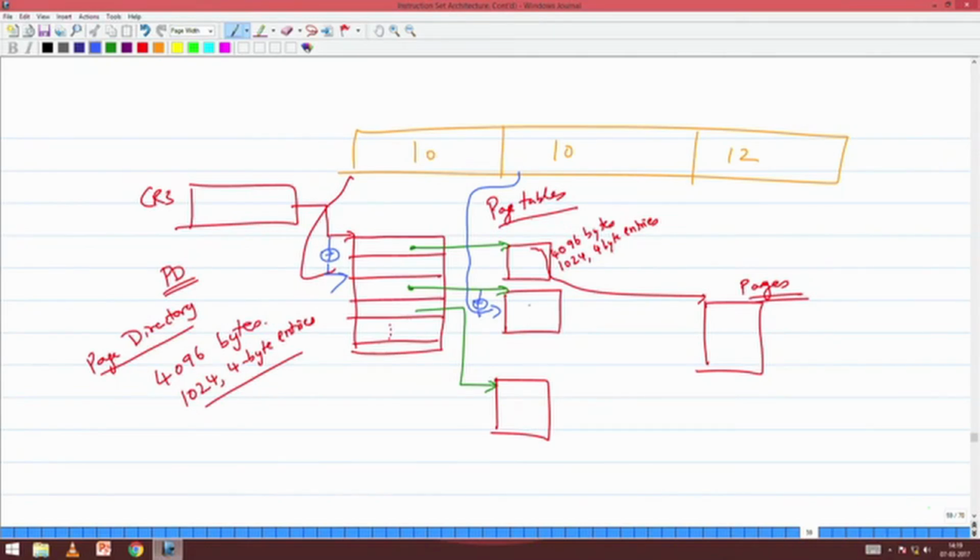This will point to the start of some page. That page will have 4096 bytes. I will use these 12 bits to index into that, and that will give me the actual physical memory that I need to access. You are getting this? So now instead of having only one translation of 4 MB size, what I am doing,